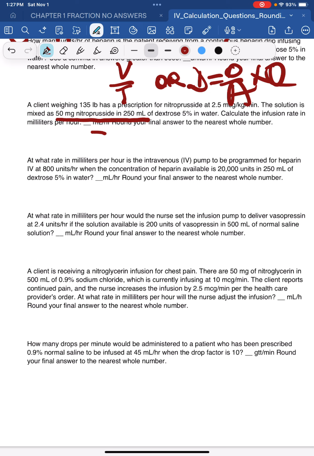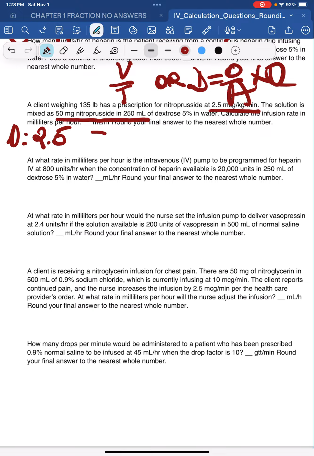Please identify them. So which one do I know? I know 50 milligram in 250 ml. That 50 milligram will be your available, 250 will be your quantity. Whatever remains in that problem can only be your order. So you know your order equal to